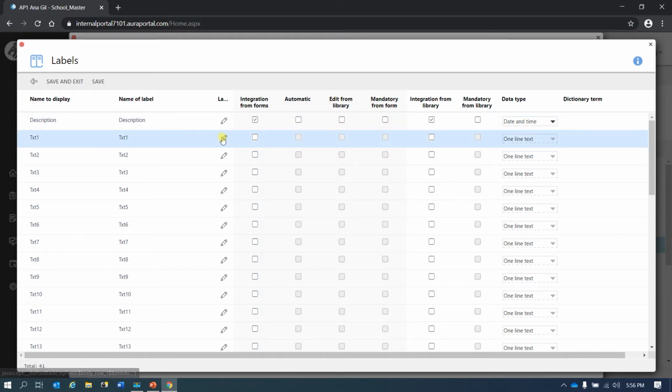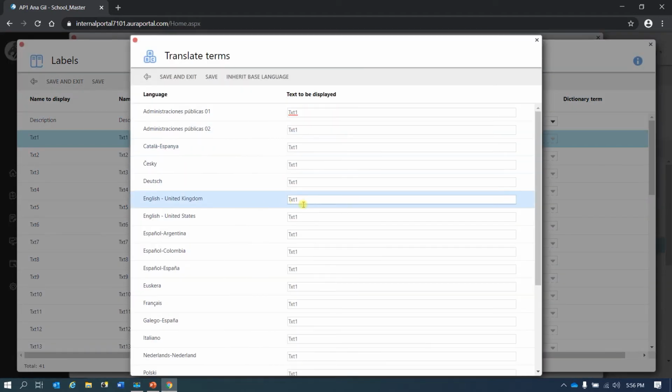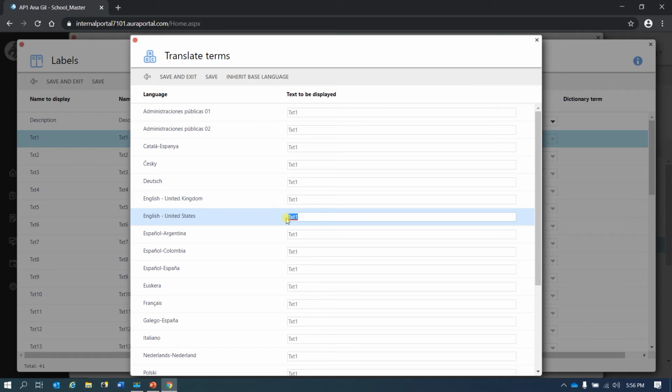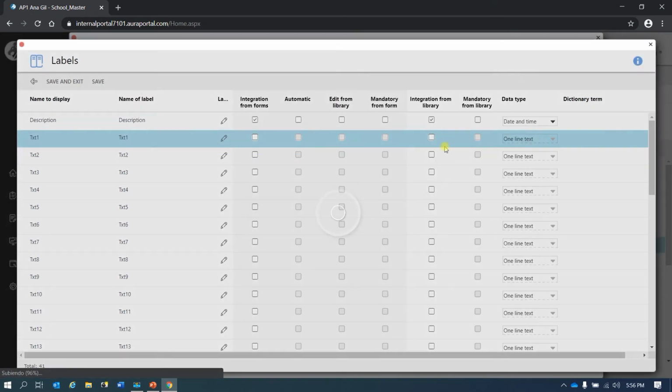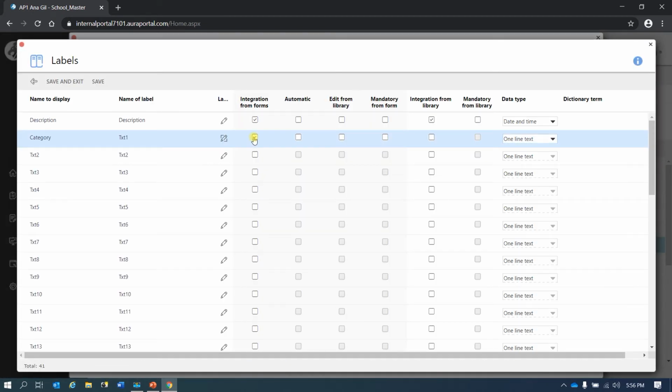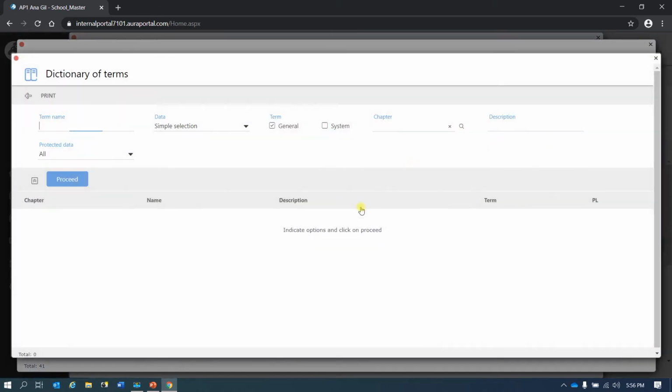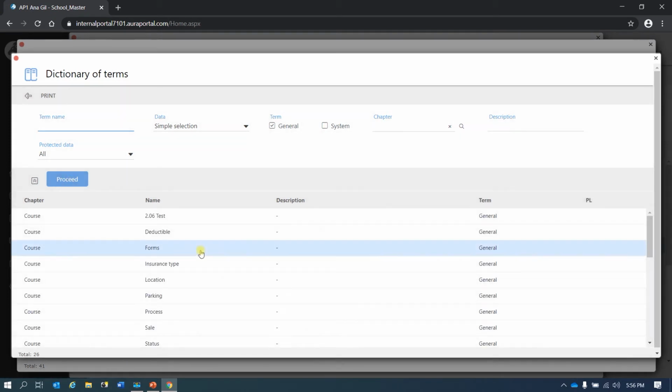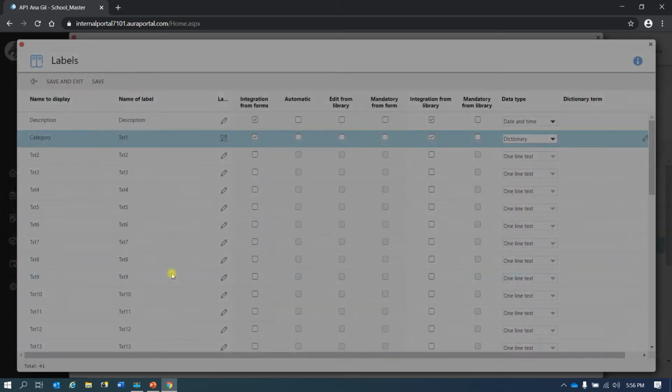So let's change this one and I'm gonna call it category, save. I'm gonna select these two options and I want it to be a dictionary one. So now proceed and let's find category,